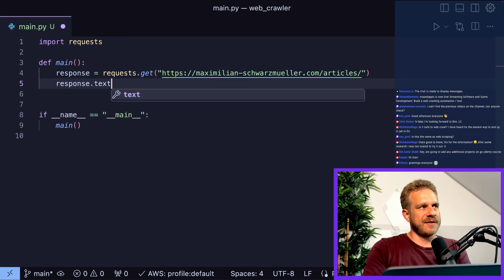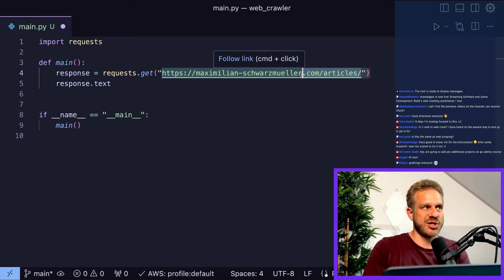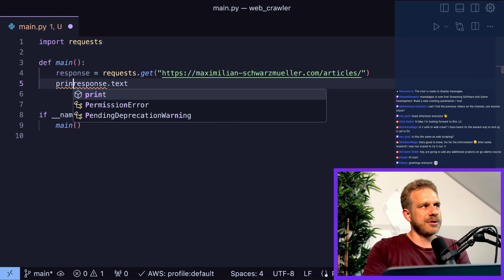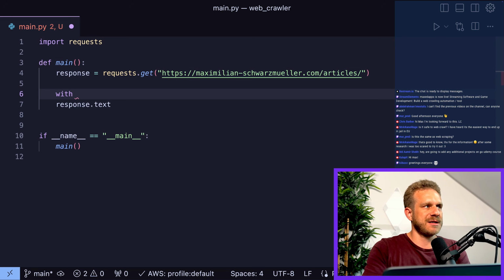And we could take a look at the text response, because I know that this GET request to this site will return an HTML document, which is just plain text. We could print that, or actually I want to store it in a file, which makes it a bit easier to read. So I want to open